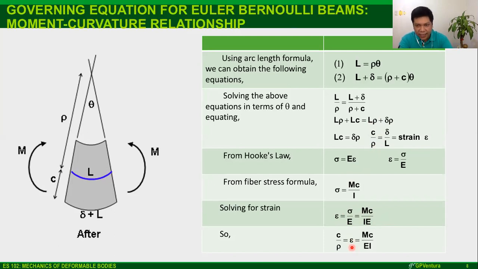Now remember, E is the Young's modulus, and I is the moment of inertia. EI, if I multiply the two, is what we call your flexural rigidity. Okay? So I can cancel C here. I can cancel C here. It's present on both sides of the equation. Okay? Such that